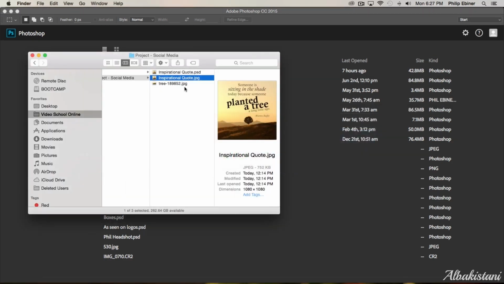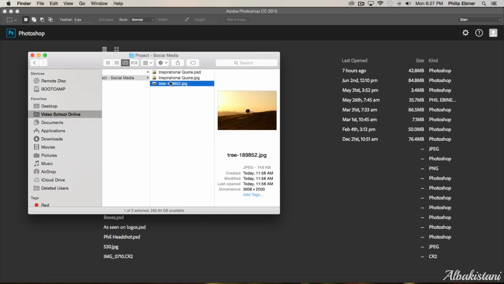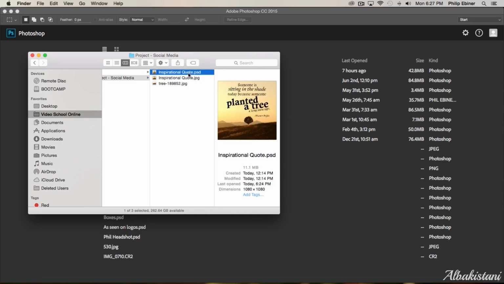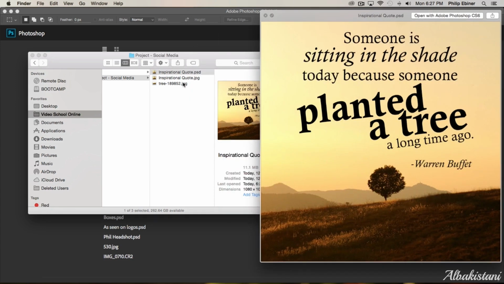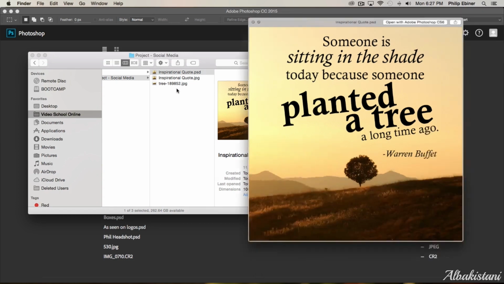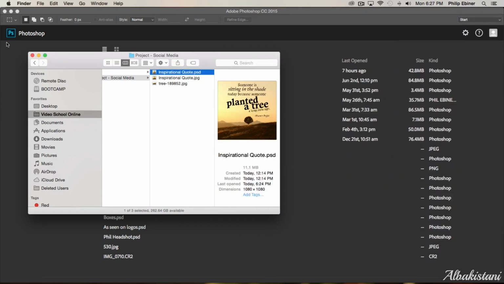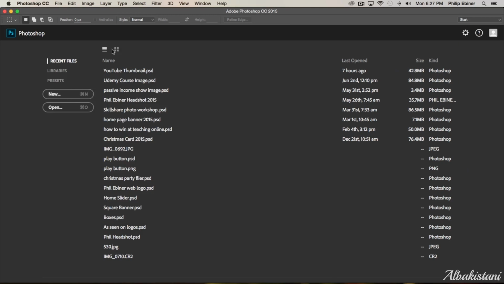The other thing you can do is download the project file for this project. In the supplemental resources of this lesson, you can download the image that we use and the Photoshop project file that we actually have created for this project. This is what we're going to actually be creating, so I'm going to walk you through the first part of it. So go ahead and open up Photoshop,